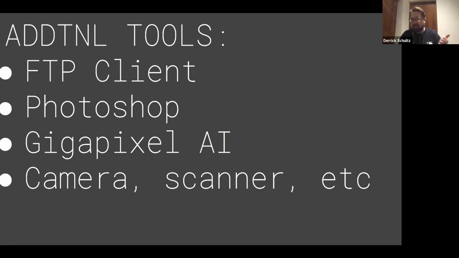Photoshop, if you want to edit stuff, both for your data set and for other things, it's maybe good to use it. You can use whatever image editing software you want. There's a tool called Gigapixel AI that allows you to do higher resolution for your images. It's actually a machine learning model itself, and it does what's called super resolution. So it actually makes an image higher resolution, and it's nicer than Photoshop, but it's still weird.